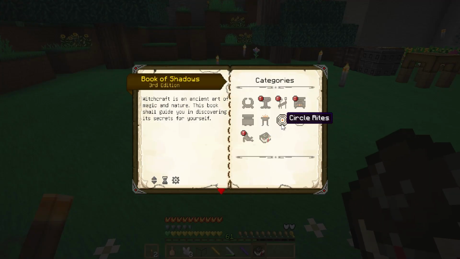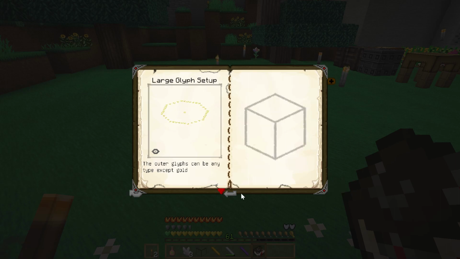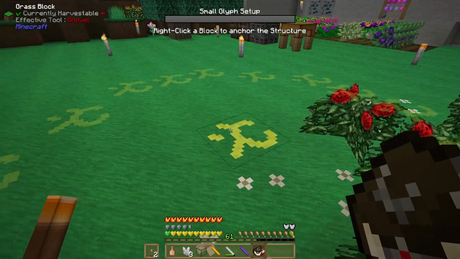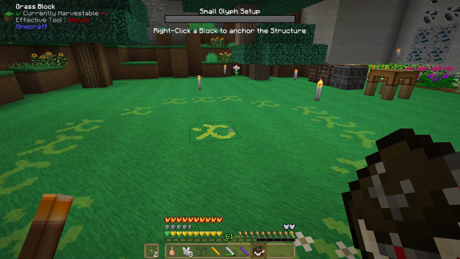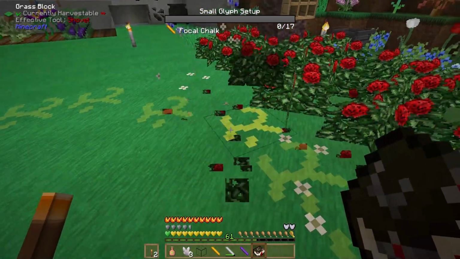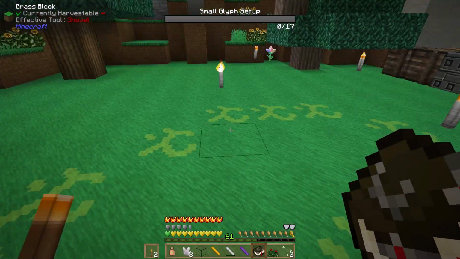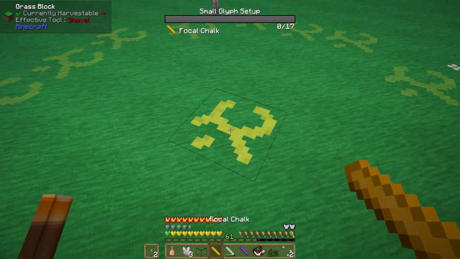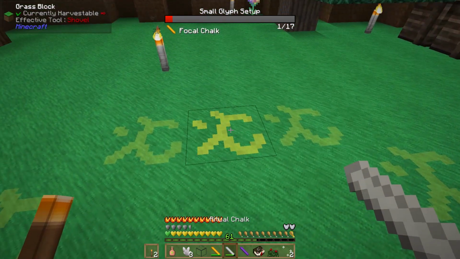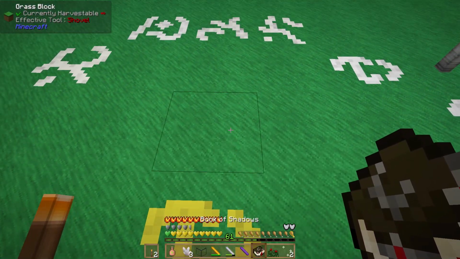Let's try again. Okay, and we need to make a double one. So I think we start with the small glyph, and let's see where we want this. Will that work? Hopefully. Take that flower out, that flower out, that flower out. Okay, let's see what we can do. We want the gold one here. We want white ones here. Okay, and then we want...